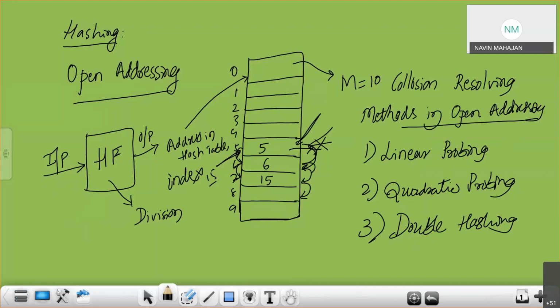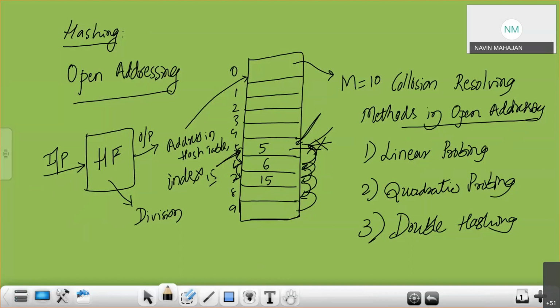We'll keep on doing this. We are not using chaining. So that's why the terms open addressing and closed hashing are different. Remember only one set of terms: either open hashing and closed hashing, or open addressing and closed addressing. It is always better to use open addressing and closed addressing.